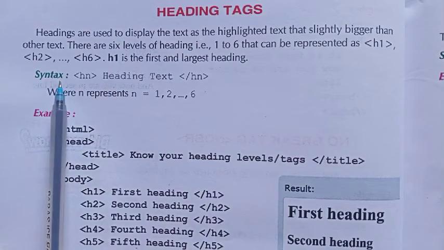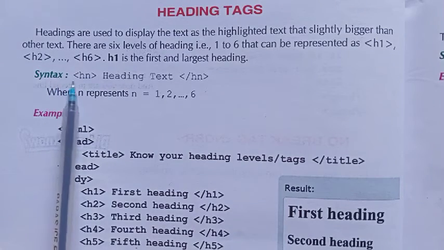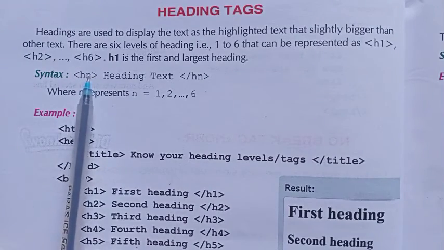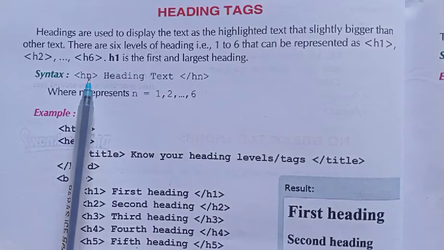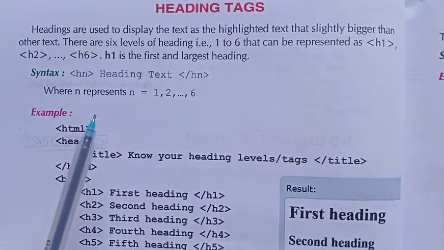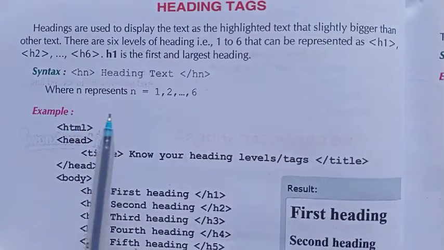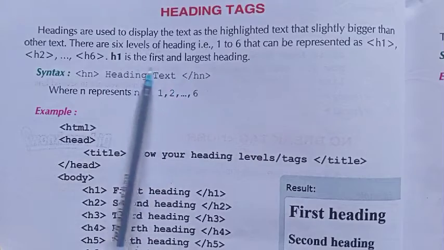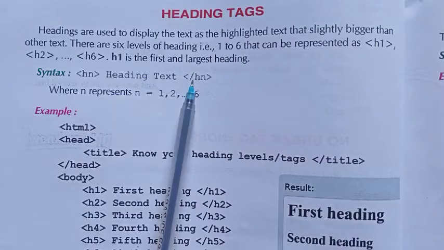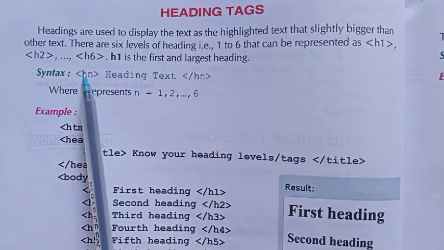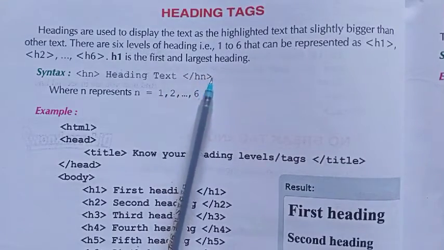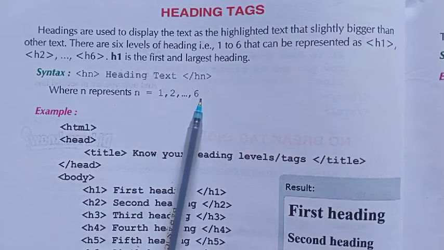The syntax of the heading tag, or the H tag, is you have to write HN. HN means you don't have to write N. Here, in place of N, you have to write the heading number 1, 2, 3, 4 and so on. So it will be H1, H2, H3 or whatever is applicable, whichever you want to use. Then you have to give the text to be displayed, and then you have to close the HN. That is, suppose we have used H1 heading text, then you have to close H1. So N means a number from 1 to 6, any number.